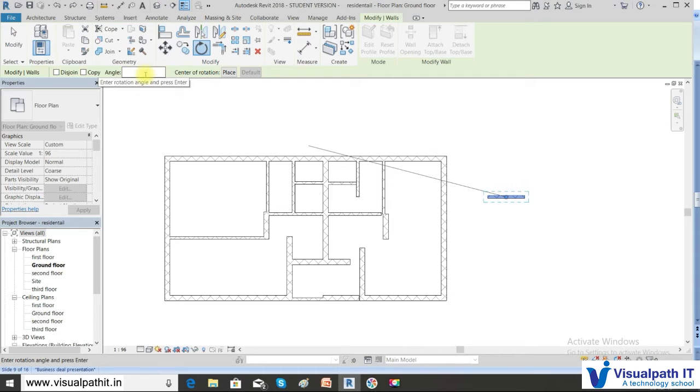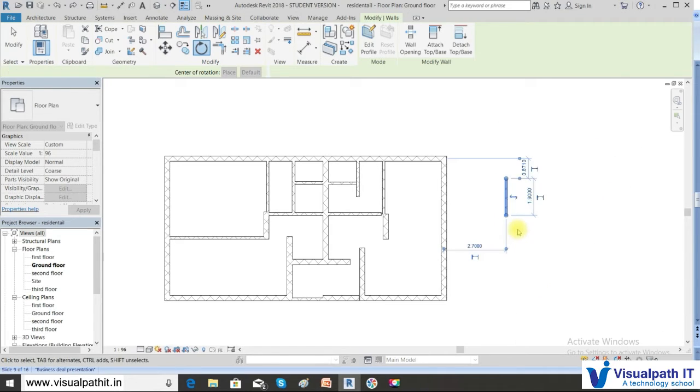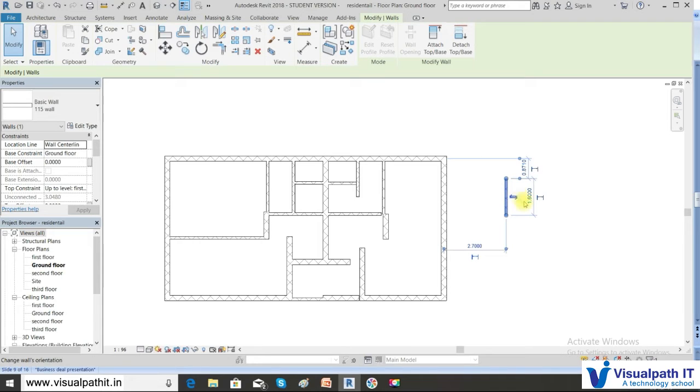So you can specify it numerically. If you want, type the angle 90. Okay, when you type the angle 90, you can click on the screen. Okay, this is done numerically or graphically. So what I am doing is graphically. 90 degrees. So it automatically gets rotated.